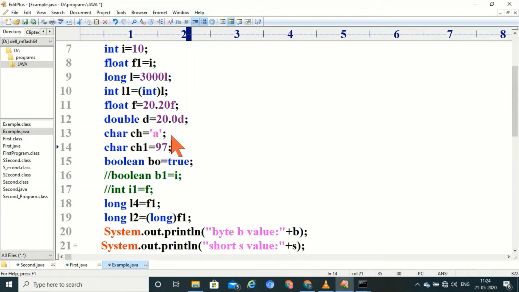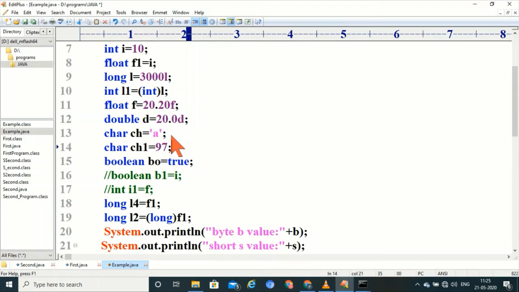Unicode character set range is 0 to 65,535, and ASCII character set range is 0 to 255.